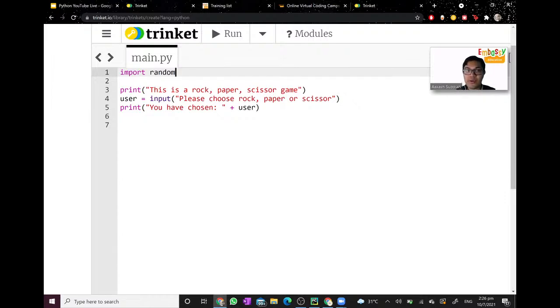For example, now we want the computer to choose randomly between rock, paper, scissors. As such, we have to import the library called random. Inside this library, it contains different modules and functions that we can use to allow the computer to pick a choice. If it all seems confusing, don't worry. Just observe, see what I do, and you will understand.